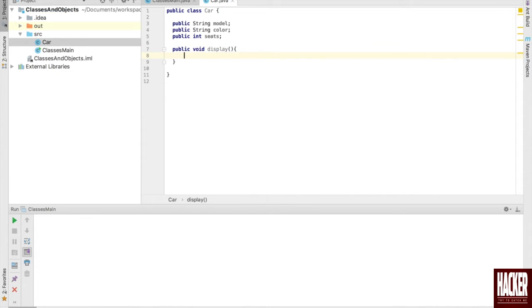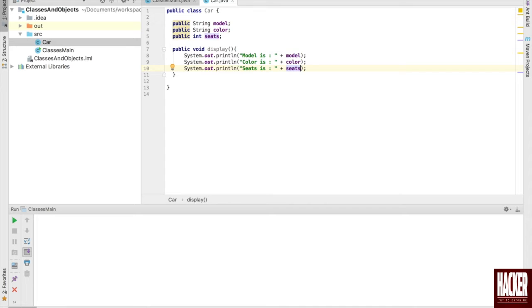I'll define the curly braces, and I'll write System.out.println, model is, and I'll print the model over here. I'll duplicate this for color, and then seats, and I'll print the seats.